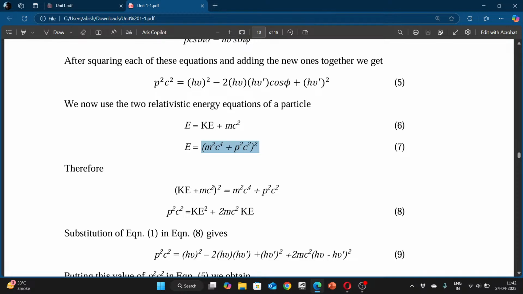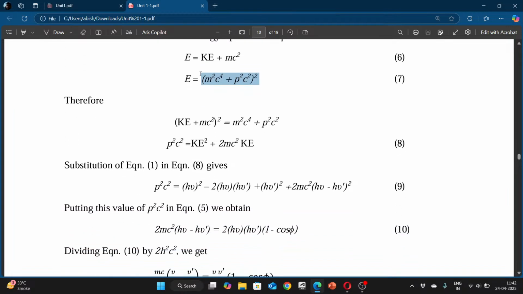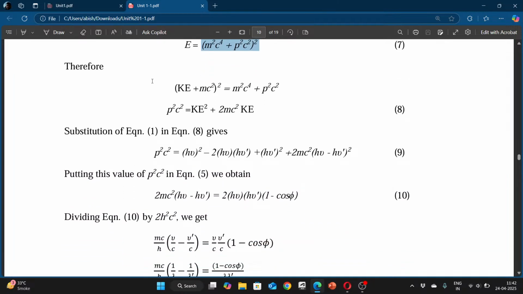तो इसे क्या हो रहा है ना, एच म्यू माइनस एच म्यू इंटू एच म्यू डैश कॉमन आ रहा है। हाँ एच म्यू टू एच म्यू टू टू तो कट गया, टू तो ये लोग डिवाइड कर देते बाद में, ठीक है टू टू कट गया बस। एच म्यू तो एच म्यू डैश कॉमन आ गया, वन माइनस कॉस फाइव, और दूसरे साइड एम सी स्क्वायर एच म्यू माइनस एच म्यू डैश टू एच स्क्वायर सी स्क्वायर से दोनों जगह, ये दोनों जगह एक टू तो है ही, तो टू तो कट ही जाएगा।